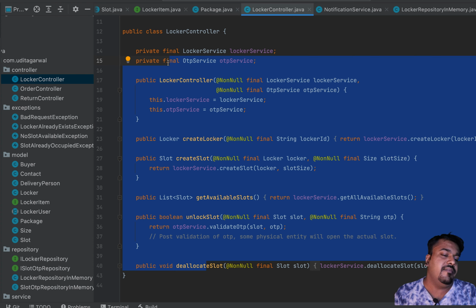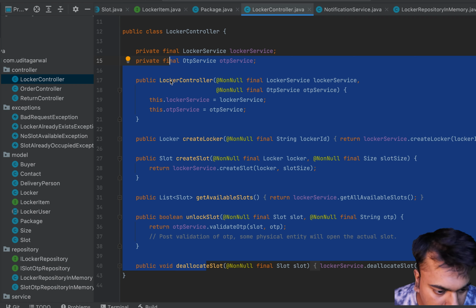But tomorrow, if let's say the use cases increase, the class becomes really large, and you think the 2 responsibilities are getting affected by putting them into the same class, you can definitely split them and create a different class for the slot. But right now, because the responsibilities are really less, creating a different class altogether and a different service for slots did not make sense, and that's why I have not created it.